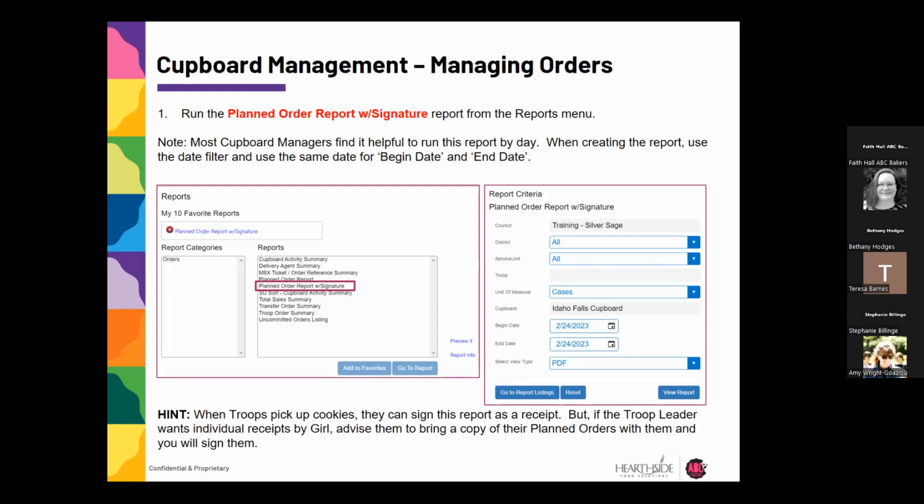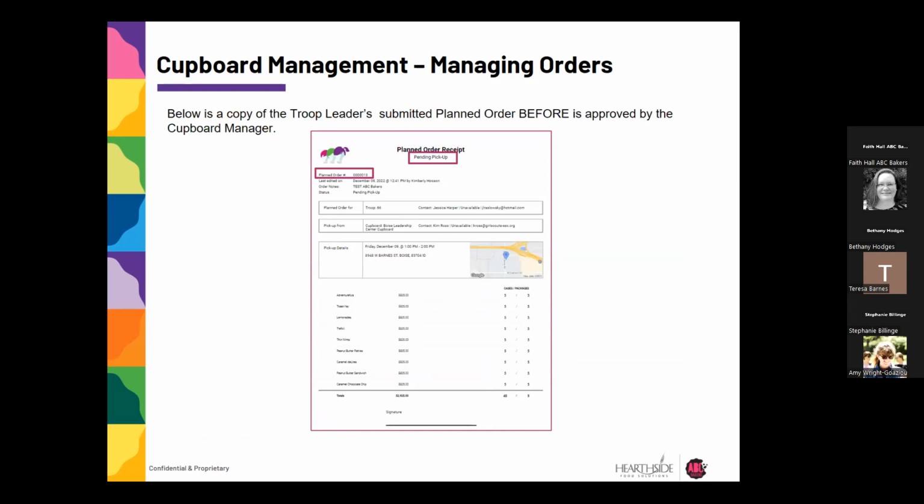So you can put in a begin date and an end date, and you can also select the view type, which I do a lot of my reports in Excel. But sometimes for a report like this, obviously this one with a signature line, the best format is a PDF. So you would click the view report button, and this is what it looks like. This is an example of a copy of the troop leader's submitted planned order before it is approved by the cupboard manager. So they've put in their order, they'll get an email,